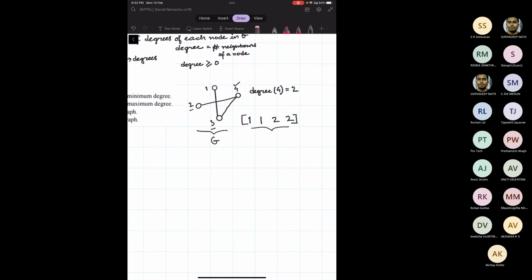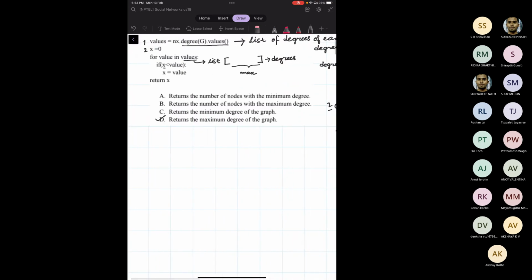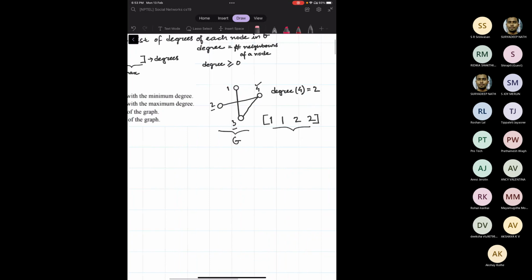Node 2 has degree 1 because it has only one neighbor, that is 4. The degree of 3 is 2. It has two neighbors, 1 and 4. And the same goes for 4. It has two neighbors, 2 and 3. So the degree is 2. So this first line returns a list that looks something like this if the graph was as I have shown